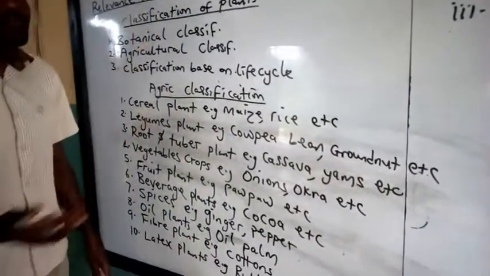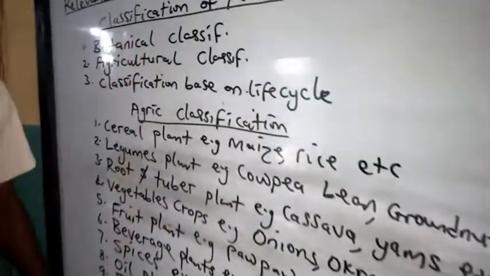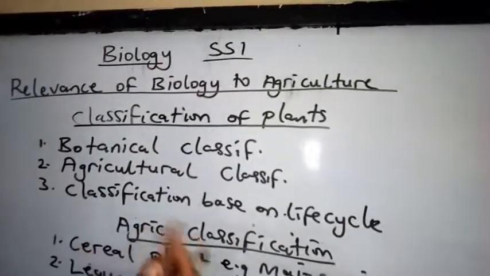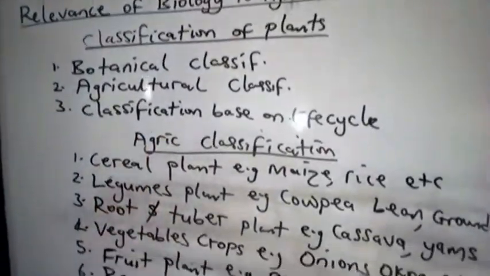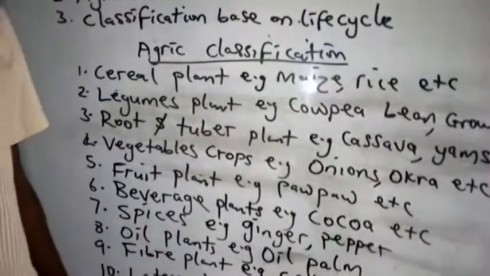based on botanical classification, look at based on agricultural classification, and consider based on life cycle. See how it is numbered. Wherever you have any problems, you can